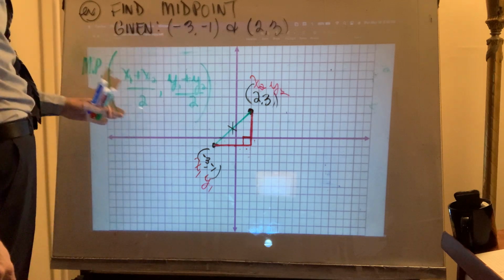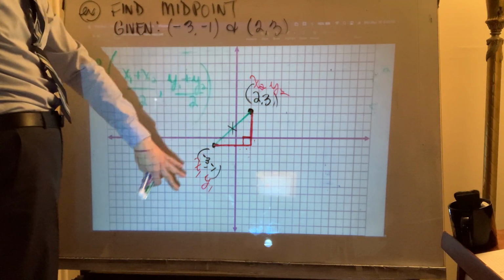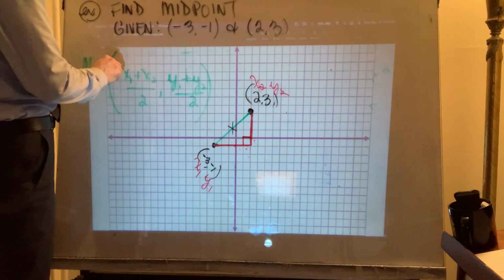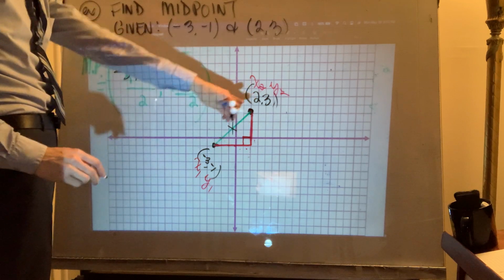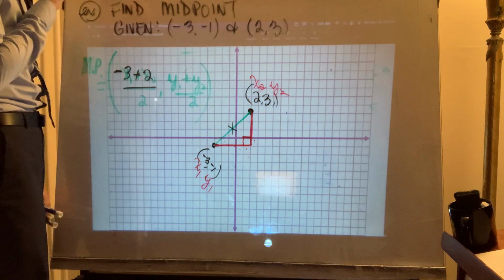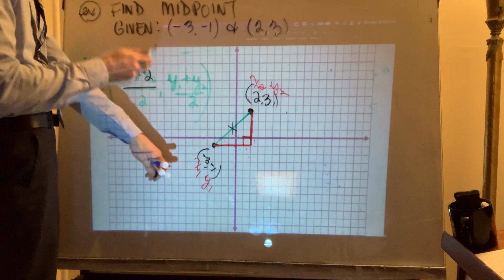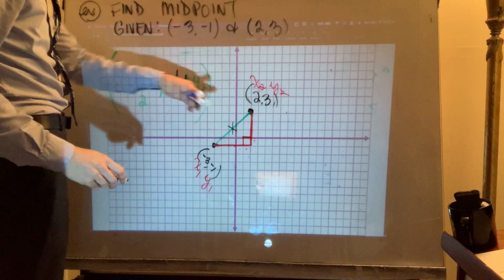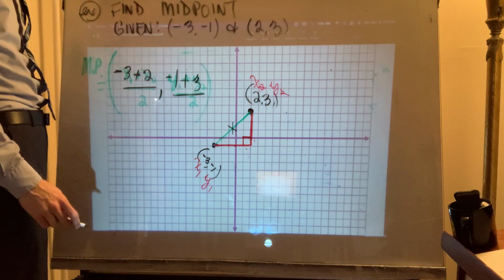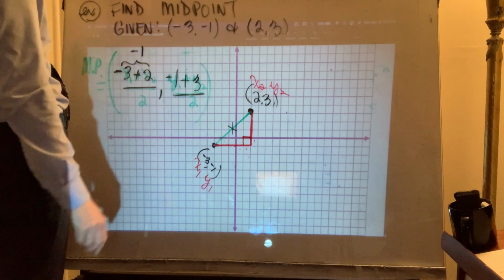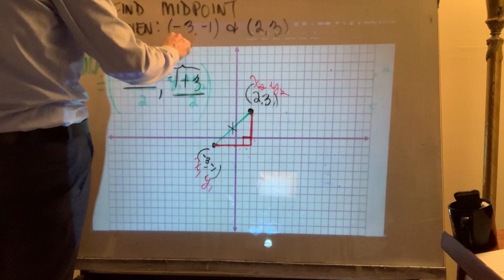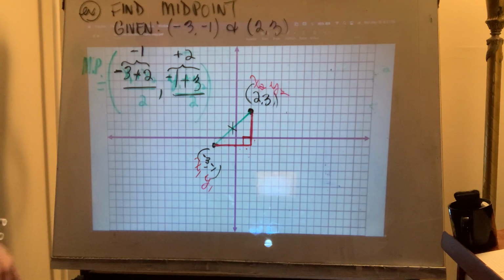Right, so the way I've designated x1 and y1 and x2 and y2, I would put -3 here plus 2, and it's over 2 because again it's an average of the 2. And now as for the y's, I'm going to put a -1 here plus 3 over 2 as well. All right. The way -3 plus 2 ends up, this is a -1. The way -1 plus 3 works out is that this is a positive 2. All right. Which means if I were to simplify it,